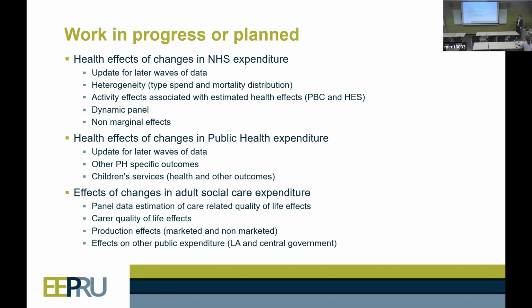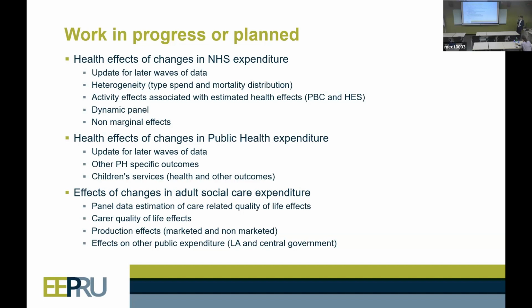Similar to what I was saying with social care, we think that public health expenditure is not just about mortality, it's about other things as well that may have nothing to do with mortality. For example, quite a lot of public health expenditure is on sexual health services. It's unlikely to have a huge mortality effect, but we might be able to see outcomes specific to that kind of expenditure where there is a substantial effect, and where variations exist across areas,